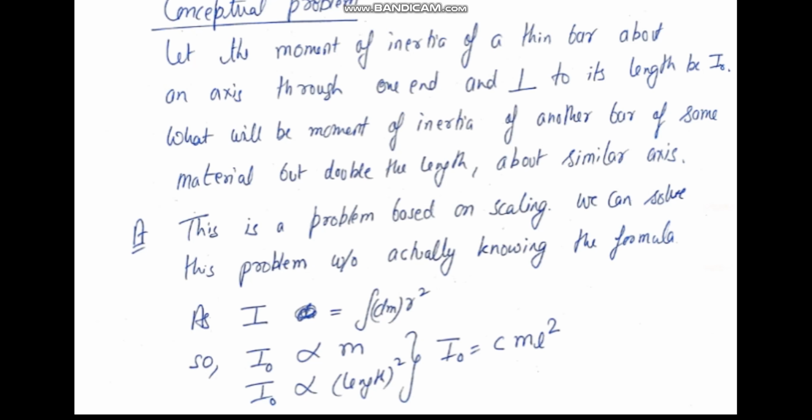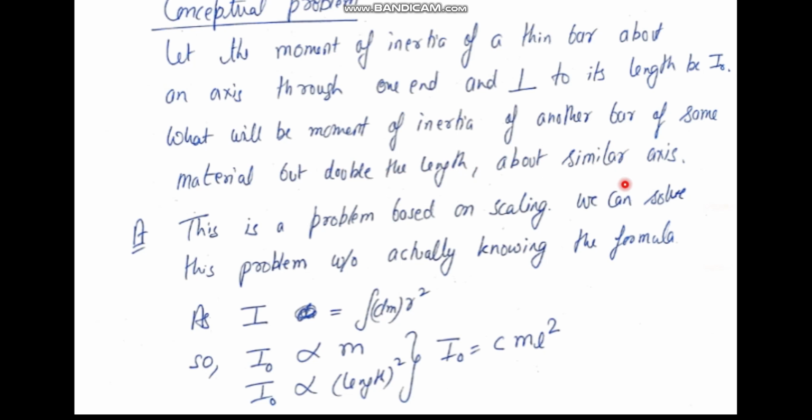Now I'll give you a conceptual problem. This conceptual problem is based on the moment of inertia of a continuous mass distribution, and the answer can be calculated without knowing the actual formula. Let the moment of inertia of a thin bar about an axis through one end and perpendicular to its length be I naught. What will be the moment of inertia of another bar of same material but double the length